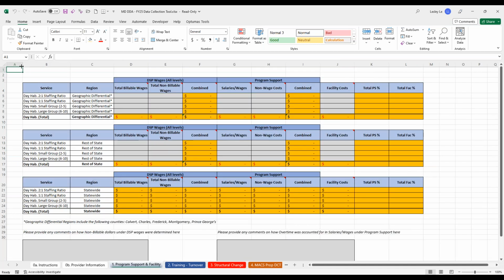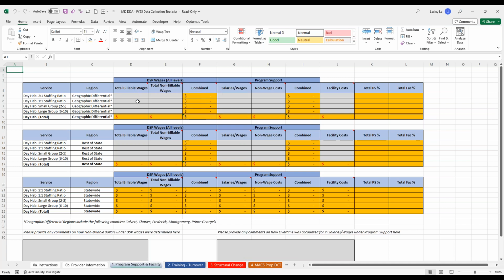The first tab in blue is the program support and facility tab, where we're asking for the total dollars that you spent on DSP wages in fiscal year 22, the total cost that was spent for program support and the total cost spent for facility. And under each column, there is a little more detail around what information we're looking for specifically.